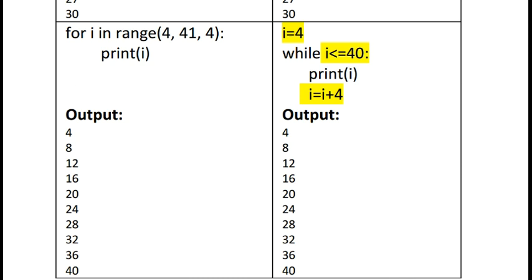And the same loop I want to convert into a while loop. So here start from i = 1, while i <= 40, print i, then i = i + 4. When the value reaches above 40, the last value of i in the while loop is 44: 40 plus 4 is 44. So the while loop condition becomes false and stops this loop.